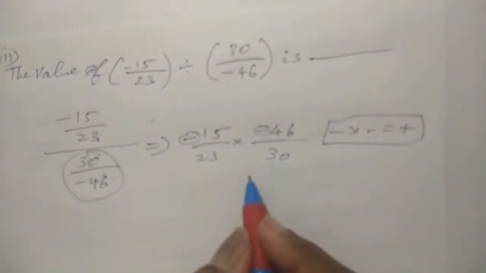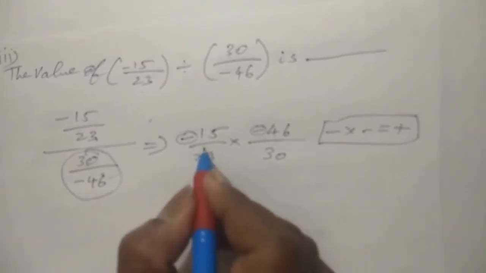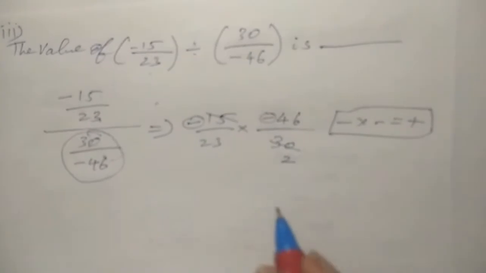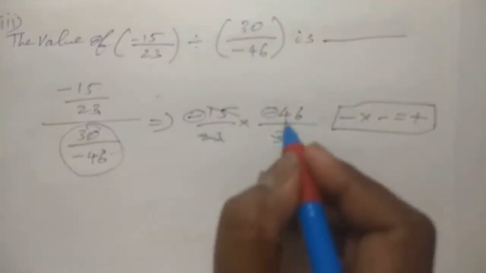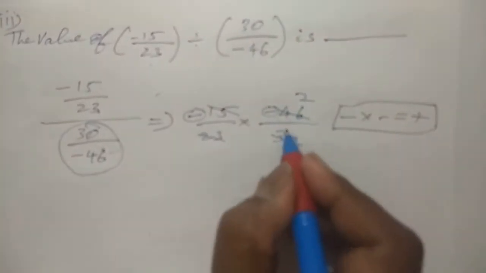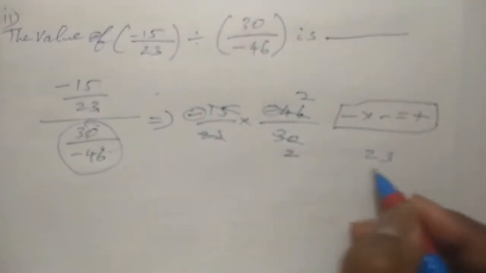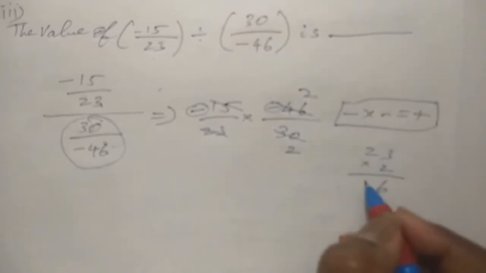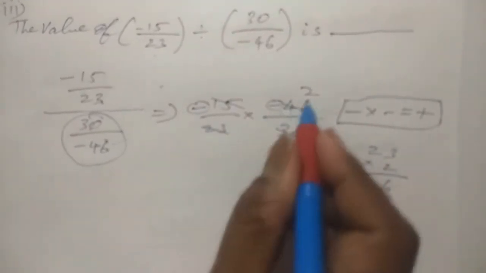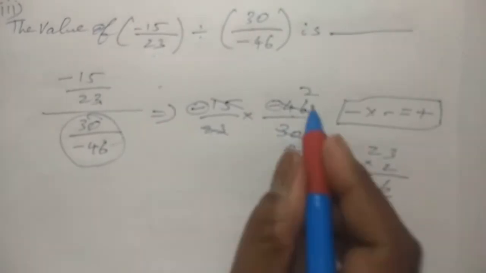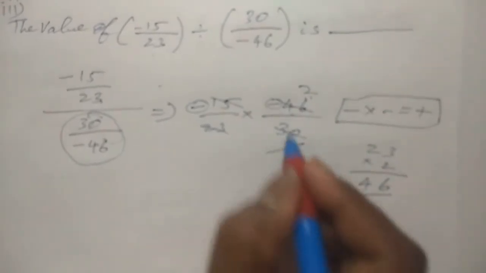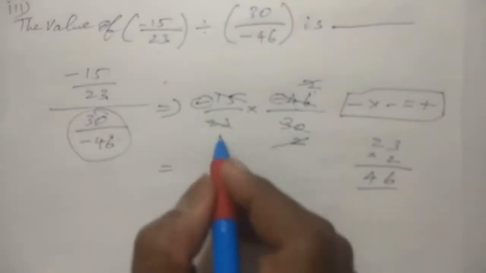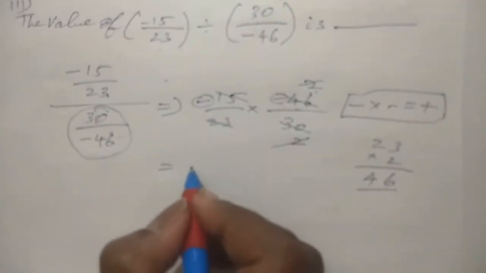Now next we go inside here. We cancel the numbers now. So 15 2s are 30. Likewise, 23 2s are 46. We can even check: 3 2s are 6, 2 2s are 4, so 23 2s are 46. Again we have 2 here and 2 here, so cancel this 2 and cancel this 2. It is already a positive one, so nothing is needed here. So we will have the answer as 1.